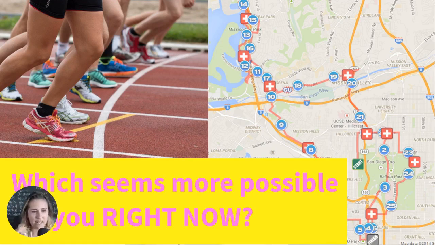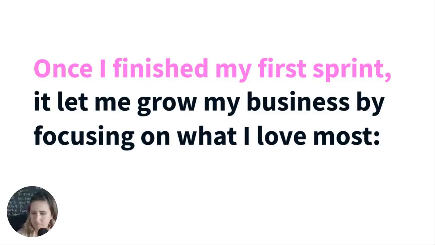Lining up, running outside and doing a 100-yard dash, or this is a screenshot of the San Diego Rock 'n' Roll Marathon. So I live right around where number 5 is on that list in the bottom right corner. But I mean, look how complicated that is, right? Doesn't even matter if there's all these signposts and all these guides telling you exactly what to do, which seems more possible? Boom, right?